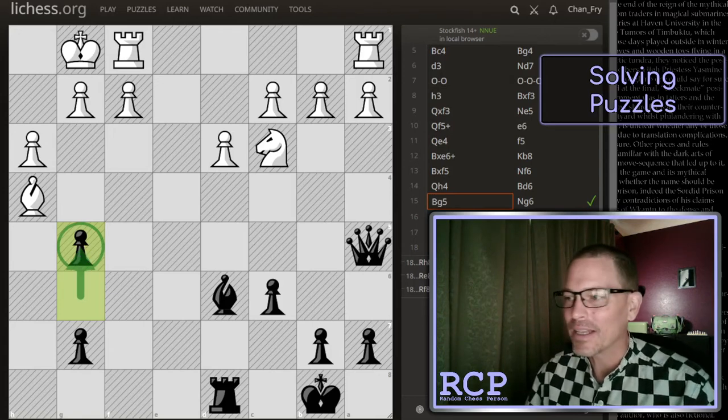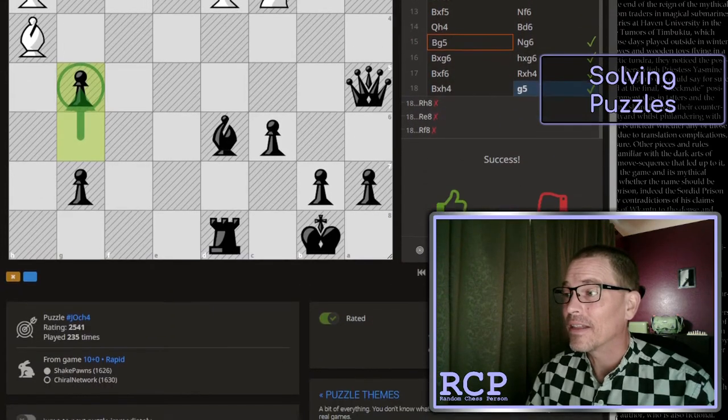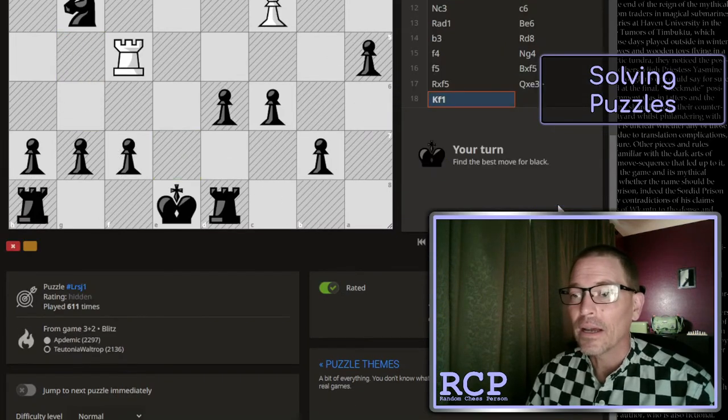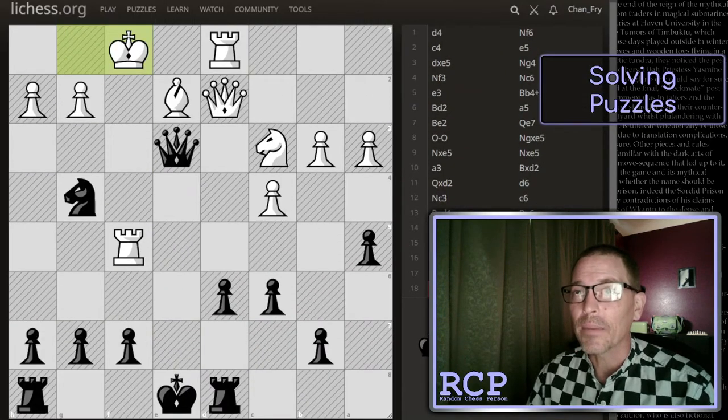Okay, can we click to the next puzzle? No, there is no next button. There are just thumbs up and thumbs down here. Oh, there's a continue training. Is that what it means? Okay, I clicked continue training, but I don't know...